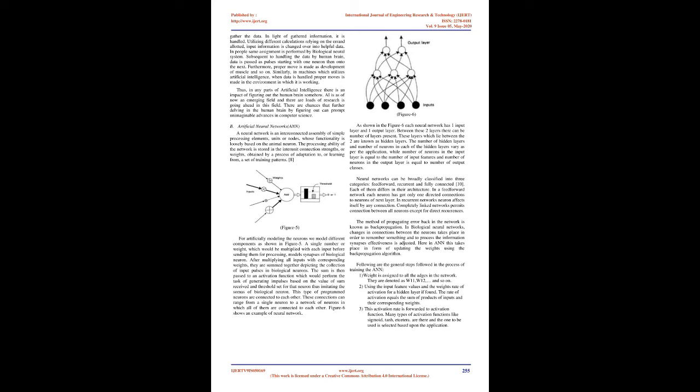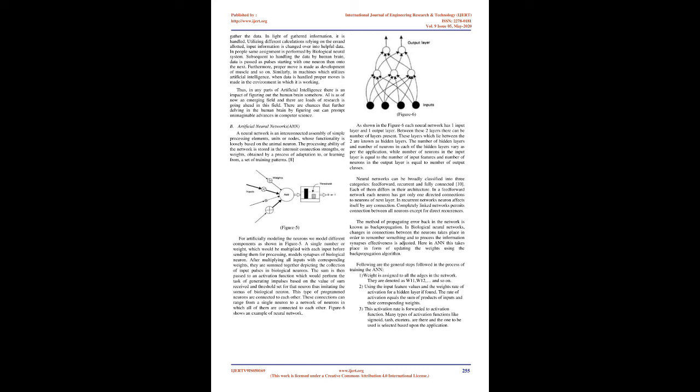In humans, the same task is performed by the biological neural system. After processing the information by the human brain, information is passed as pulses from one neuron to the next. And appropriate action is taken, such as movement of muscle and so on. Similarly, in machines which use artificial intelligence, when information is processed, appropriate action is taken in the environment in which it is working. Thus, in many parts of artificial intelligence there is an influence of understanding the human brain